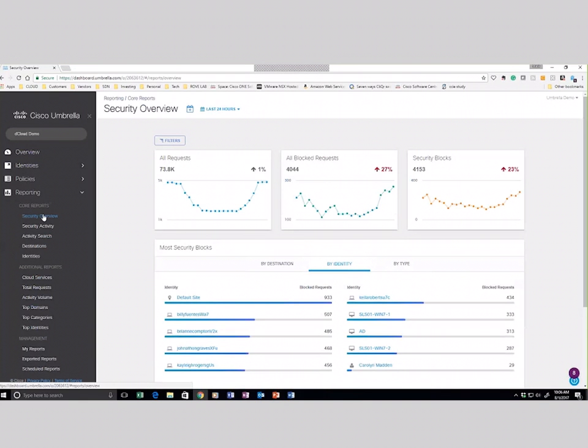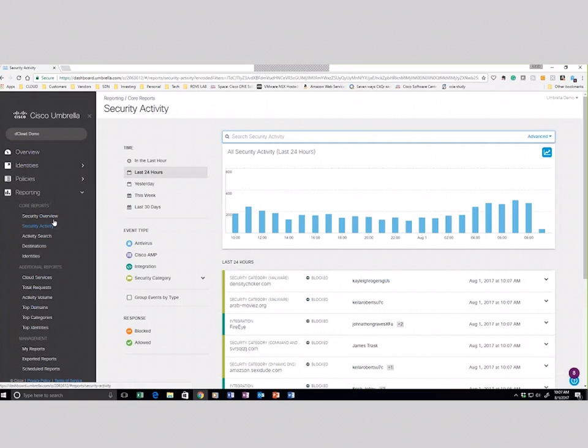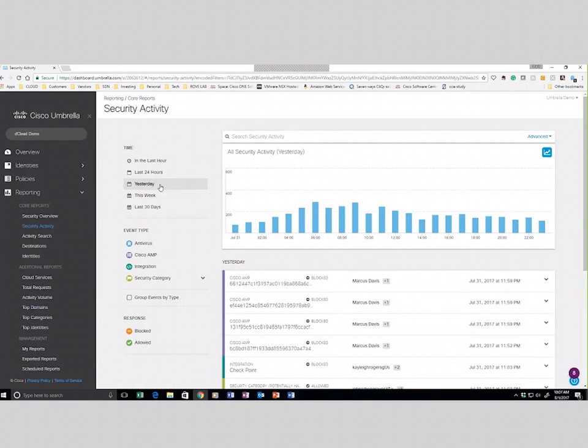And again, you can see just by looking at it, it's pretty easy to decipher what you're looking at. You look at all the requests of what's being sent out, all the blocked requests, and then all the security blocks. And we can scroll down to some of the security activity. And again, this could be based on just the last hour, last 24 hours, yesterday's reports, etc. And as we dig down into some of these security events,